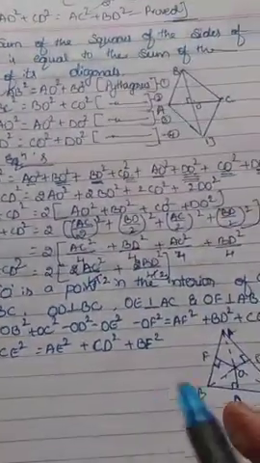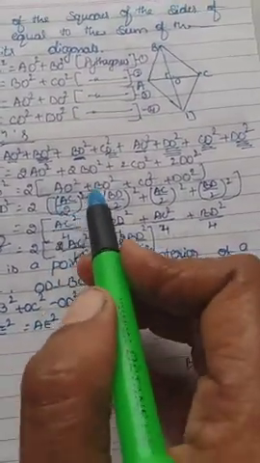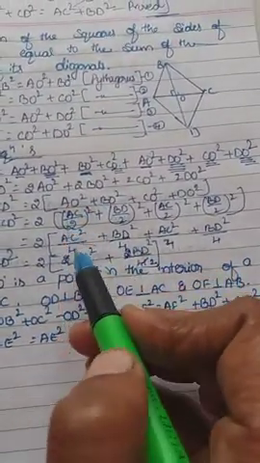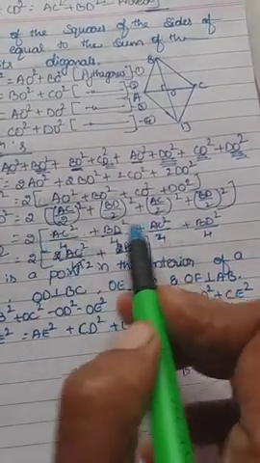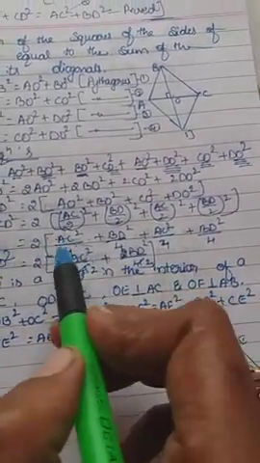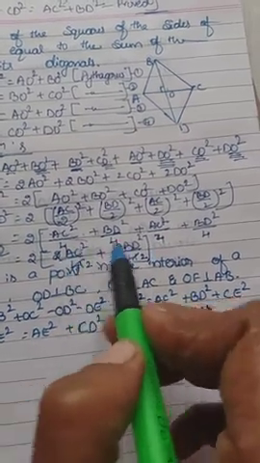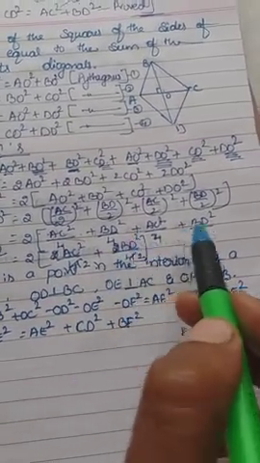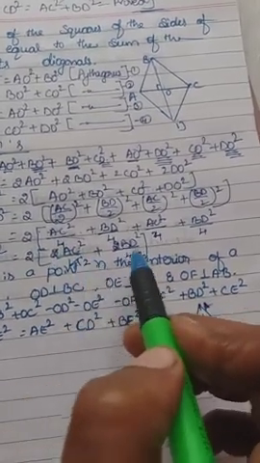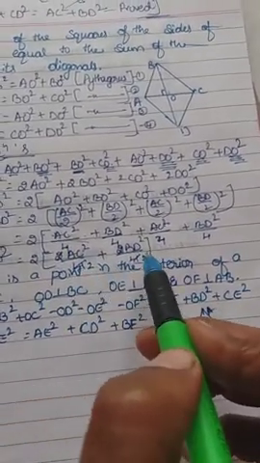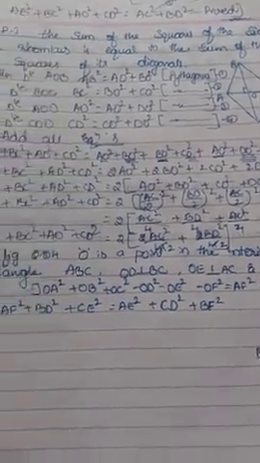Don't get confused here. The square is for both: AC square divided by 2 square means 4. Like that only we want to do. Since the LCM is the same, we can write 2AC square plus 2BD square over 4, and 2 ones are 2, 2 twos are 4, so it will become AC square divided by 2 plus BD square divided by 2. Hope you will understand that.